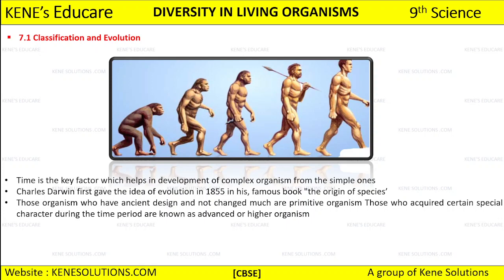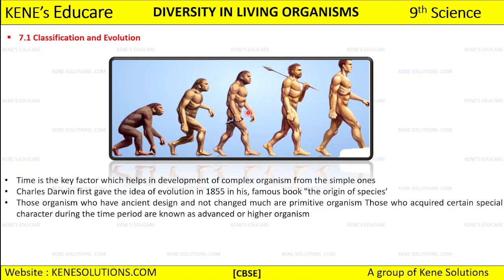If you can see the chart, the starting ones are animal-like beings, human apes, right? These are our ancestors from which we human beings have been derived. Earlier our ancestors used to look like this, then slowly and steadily the posture of our body changed, and this is how we have developed. We are a complex organism now, right? So time plays a very crucial role here because it is helping us in developing complex organisms.